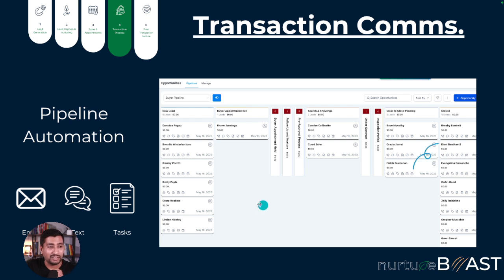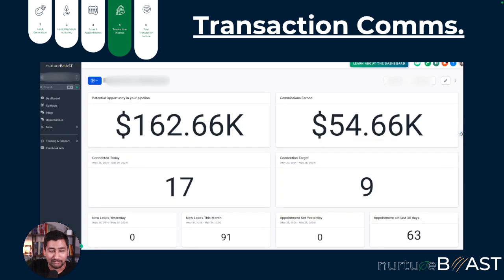For example, if somebody is in buyer appointment, you probably have a 20% chance that you're actually going to close them versus somebody who is at clear to close pending. That's a 90% chance or 100% chance that you will realize that commission. So we are able to roll that up to the revenue pipeline, and my clients absolutely love that we have